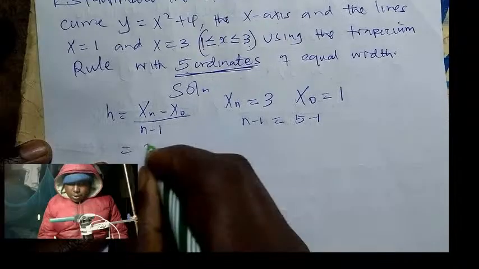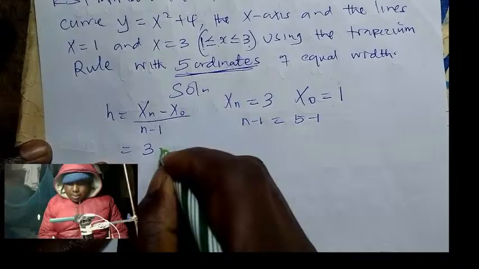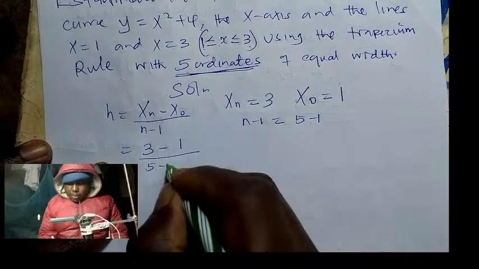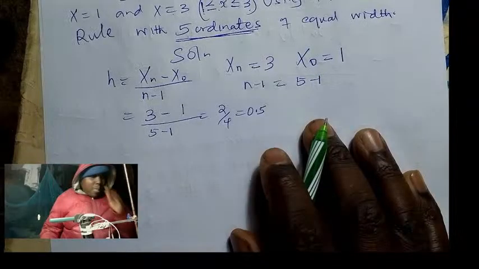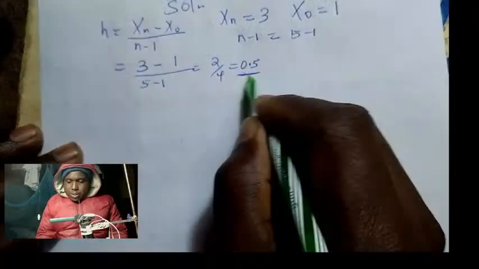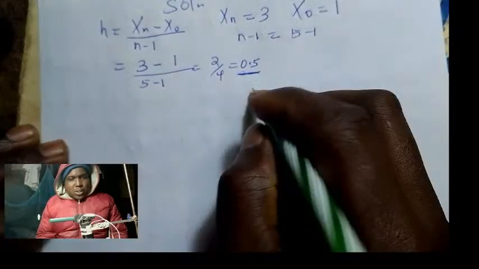So here we have 3 minus 1 over 5 minus 1. So it is 2 over 4. And that is 0.5. Now, this is our weightage, which is going to give guidance x